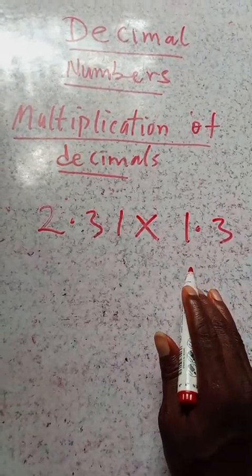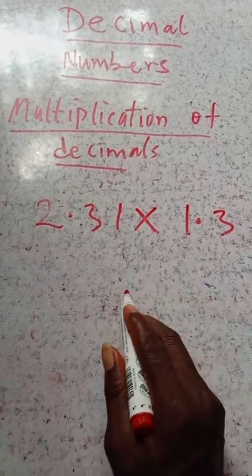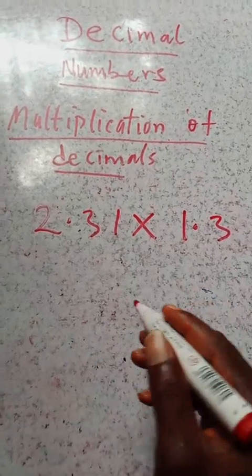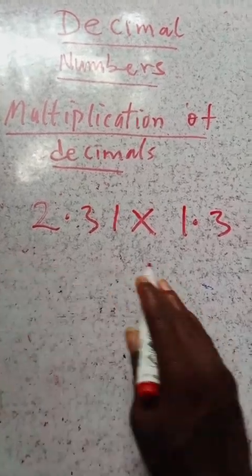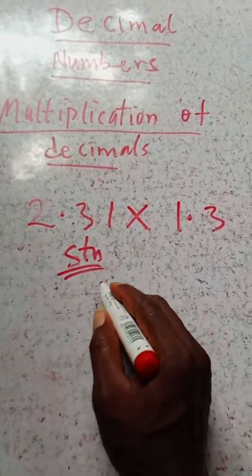Now, in multiplication of decimals, we don't arrange the decimal point. You just multiply, and then see what we are going to do. But you write them like this, you place them like this. Solution. You're going to say